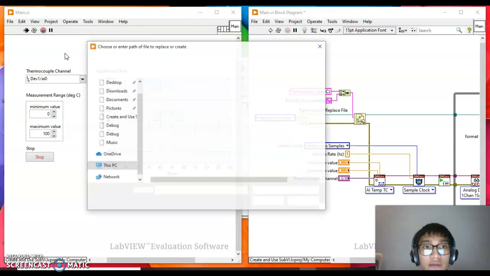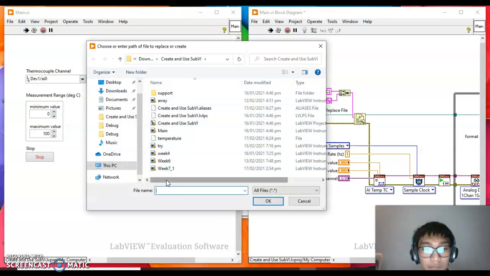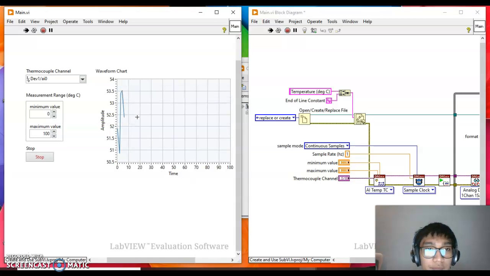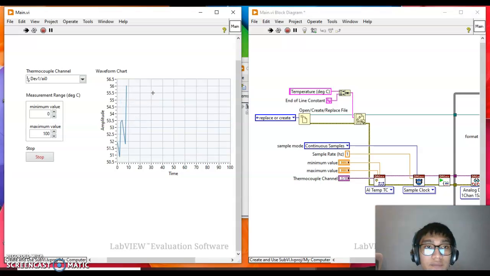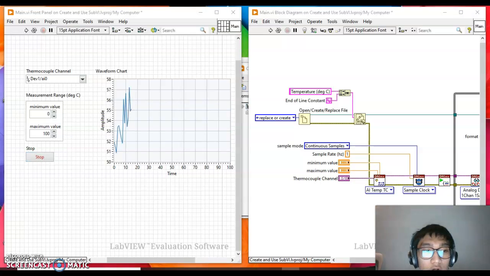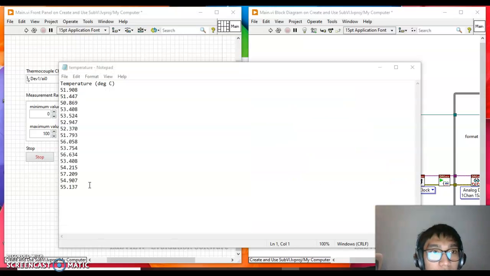Let's click Run and then type temperature and then click OK. We can see that the waveform chart is forming, and now we can stop this. So now we're gonna open the folder in which we save the temperature. You can see here the temperatures that were saved from 51.908 degrees Celsius to